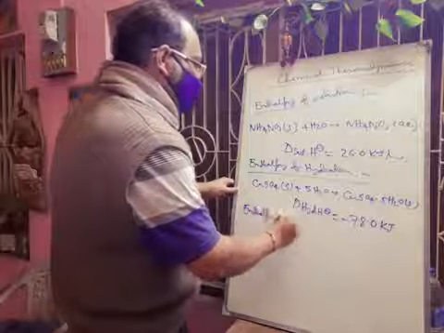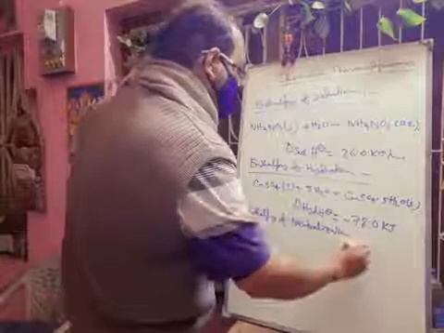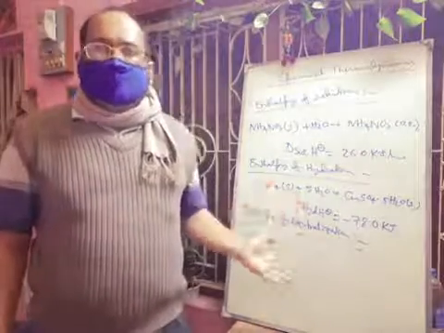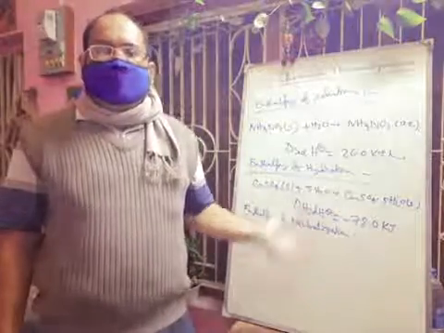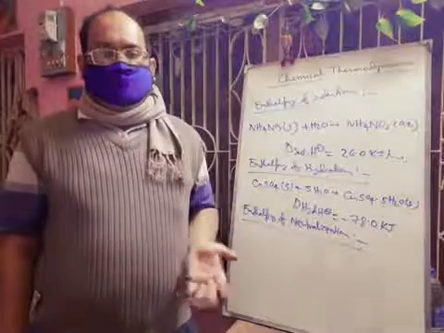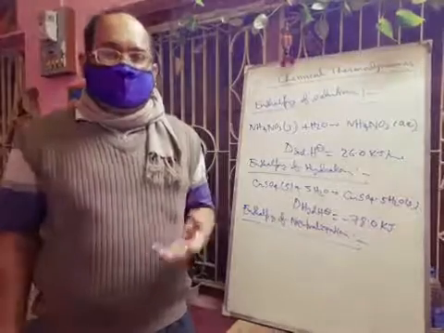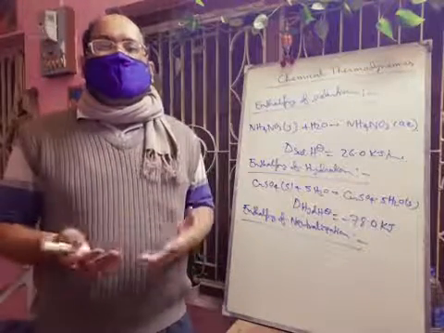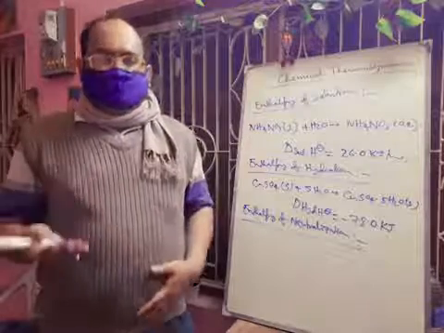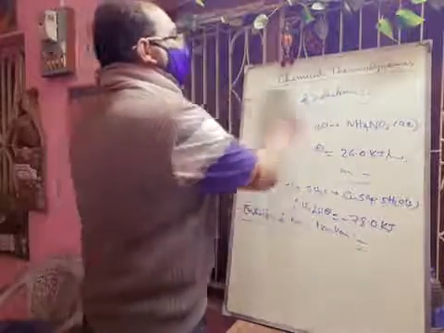Next we will discuss the enthalpy of neutralization. It is defined as the enthalpy change when 1 gram equivalent of an acid is neutralized by a base, or vice versa, in dilute solution. Suppose we take 1 equivalent of HCl aqueous and 1 equivalent of NaOH aqueous, then there will be formation of salt and water, NaCl and H2O, and some heat will be released, an exothermic change.